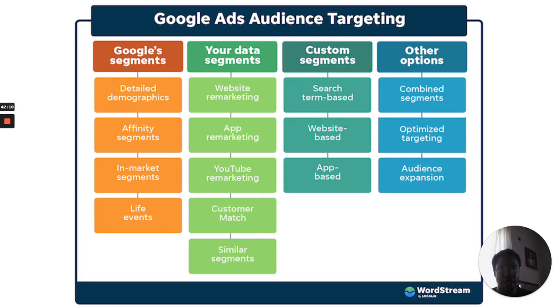You also have custom segments, maybe app based, website based. So you have things like your own custom segment, or search term based. You can also have things like that. So Google has a very robust targeting system, and you want to look at that. So you can target people based on the search terms they are using, on the websites they've even visited,